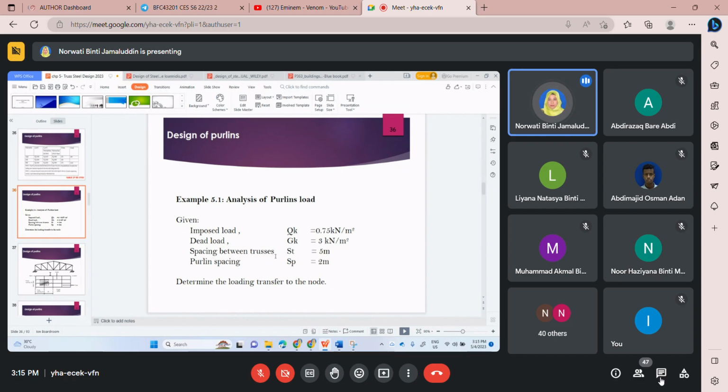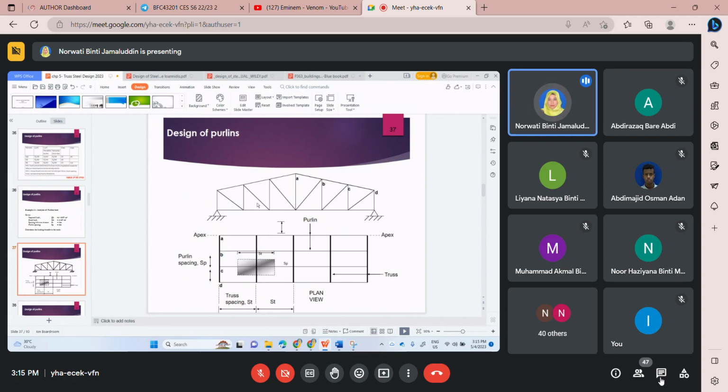Spacing between trusses is 5 meter, purlin 2 meter. Then you need to determine the load on the node point. Let's say this is the arrangement of the truss in this example. For this example, I highlight nodes A, B, C, D, just one side of the truss